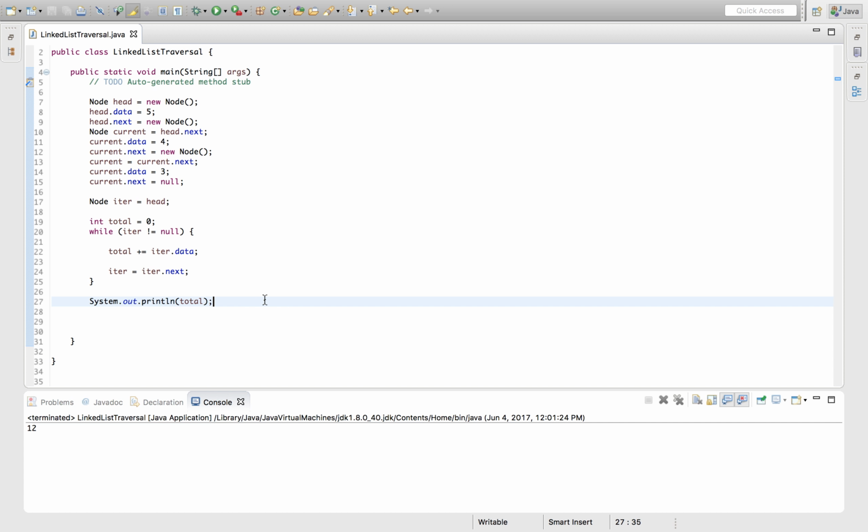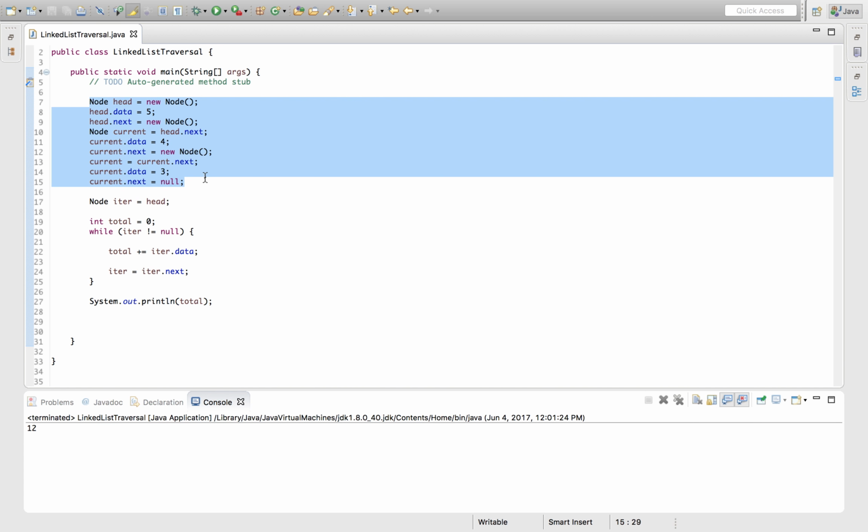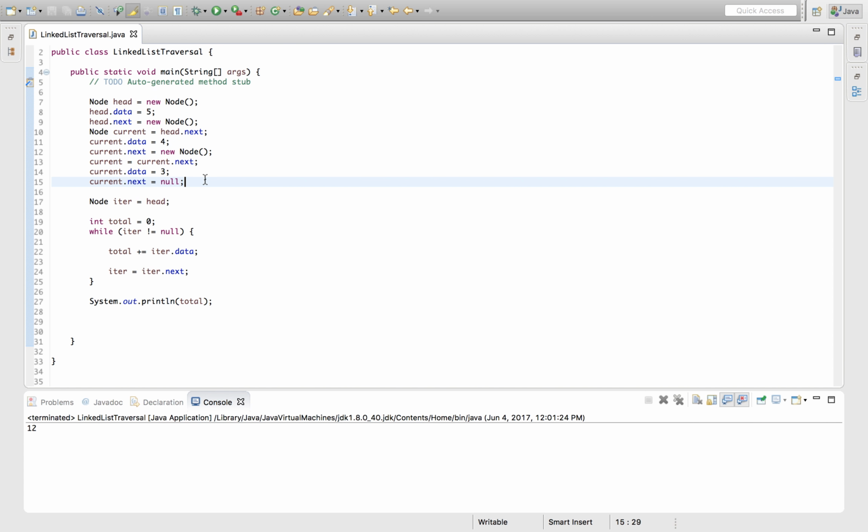But yeah, this is the general idea for how to iterate through a linked list. You can do some pretty fancy things with them, but as far as the basic idea of how to create a linked list and how to iterate through one, that's what we have right here. So yeah,